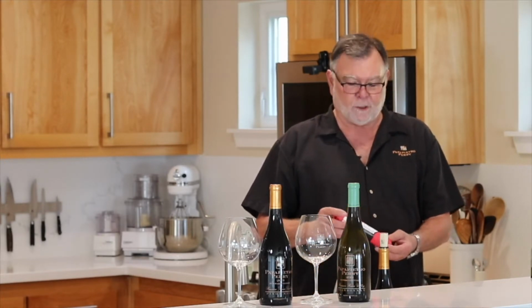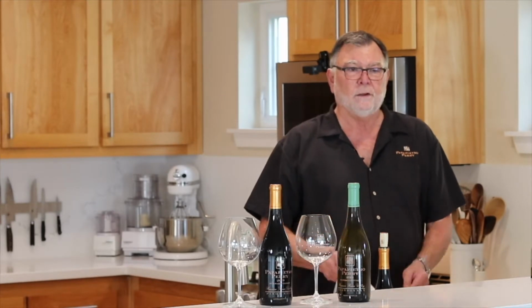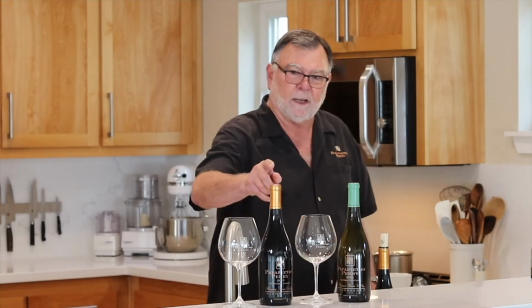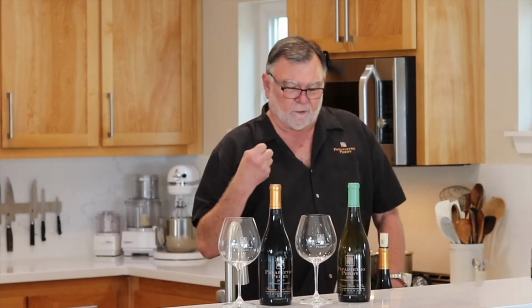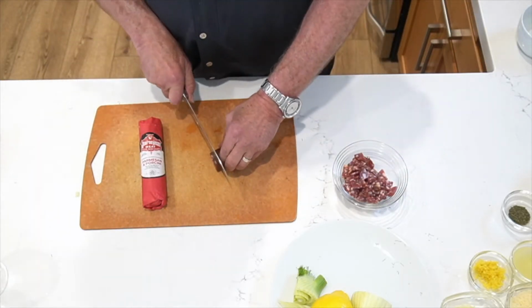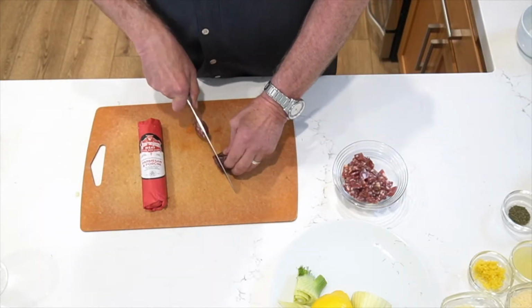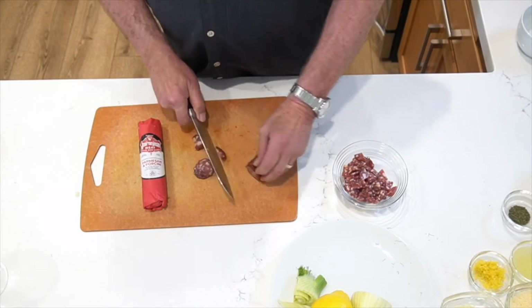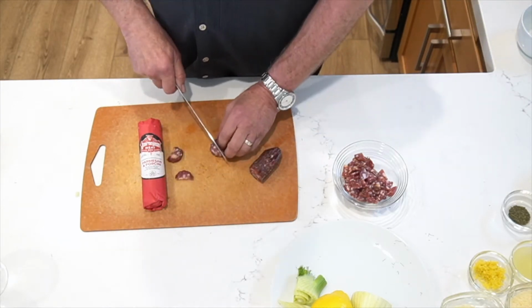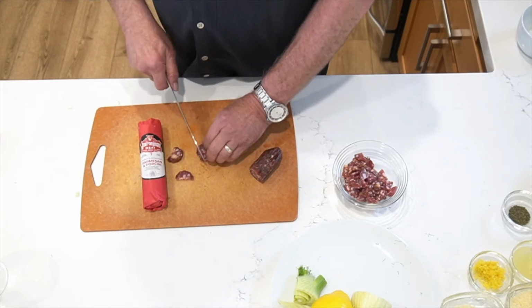The one I'm doing is a Parmesan and porcini mushroom, which is going to bridge the flavors to go with both wines, because the red wine has that earthy, mushroomy, deep fruit flavors. I'm going to take some of this beautiful sausage, great fat content. It's all done in-house in Healdsburg, California, and I'm just going to take little discs of it and cut it into quarters,